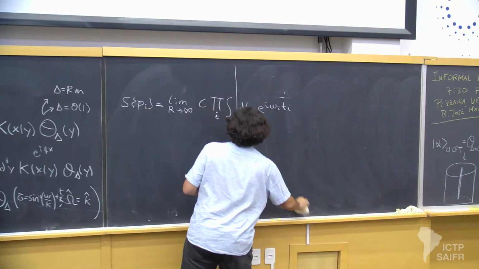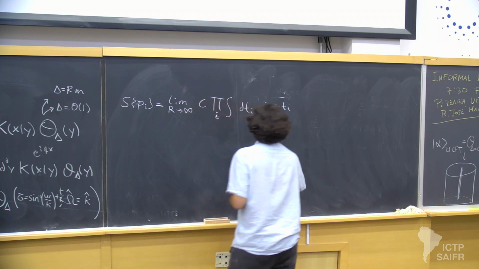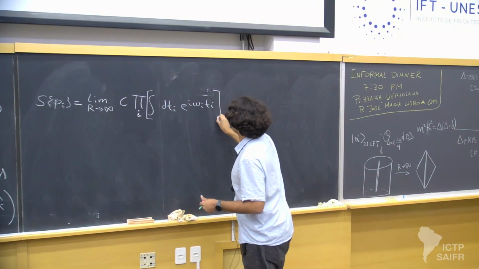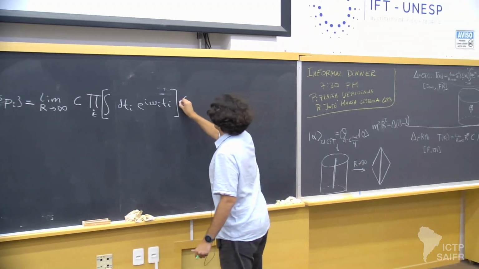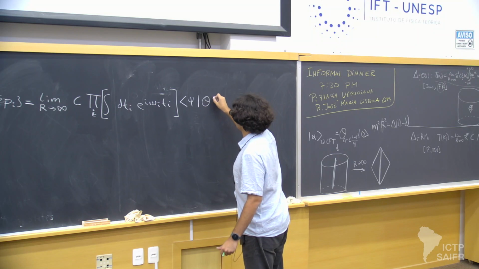So there is this product of integrals here over different global times. And then the conformal correlator evaluated in this state psi